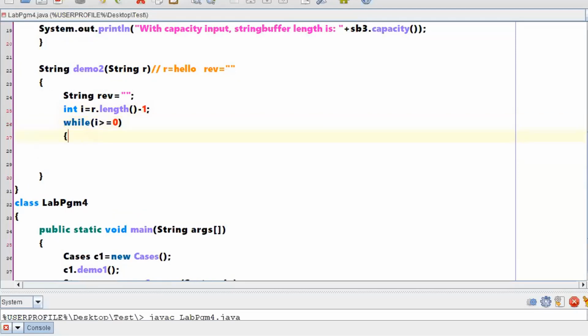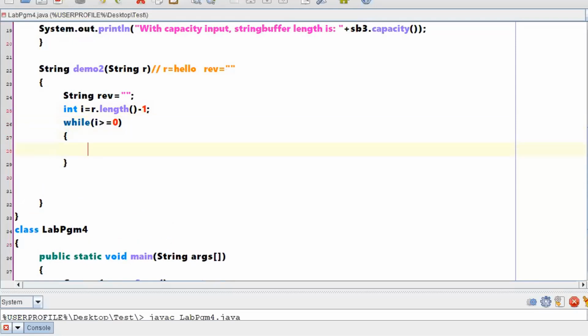that means when i is positive, what I will do is my value in the variable is equal to the previous value plus, with respect to input, I have a function called charAt.